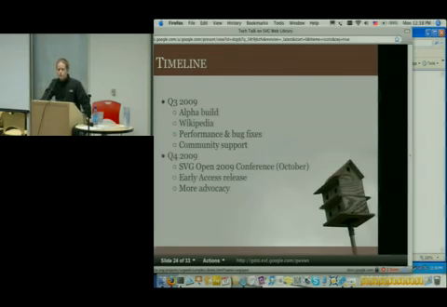In the fall, the first week of October, we're hosting the SVG Open Conference here at Google. Lots of the Raphael folks are going to be there, Dojo GFX. I know Gavin's involved with some of those folks. There are going to be a lot of really interesting presentations, and we're also going to more formally unveil the work we've been doing with this along with others outside. At that, I originally wanted to have a beta release. I think it's going to be more of an early access release. And of course, more advocacy in terms of the timeline.